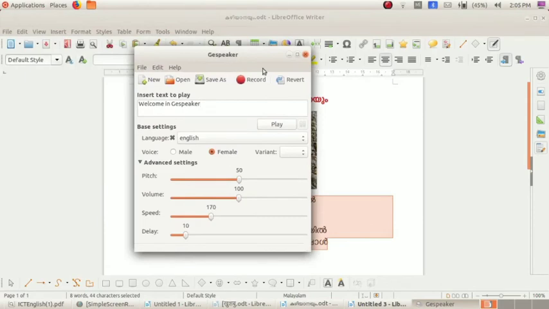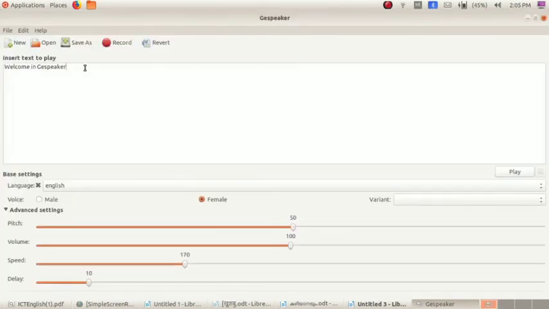Welcome to GSpeaker. So this is the GSpeaker machine. Now I am removing this and pasting that poem. Then click on the play button. You can hear that the machine is reading these 4 lines in Malayalam.